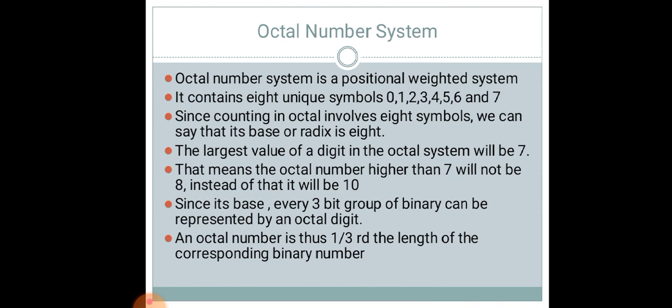In this lecture you have to just remember octal number system is a base of 8 and it is having only 8 numbers, that is 0 to 7, and 7 is the biggest number, right. So as I said, every 3-bit group of binary can be represented as an octal digit, right? So the octal number is 1/3 the length of the corresponding binary number. अगर binary number को आपको octal में convert करना है तो you have to consider the group of 3-bit binary only, and 3-bit means 2 raised to 3 is equals to 8. That's why we are considering 3 bits of binary, right?